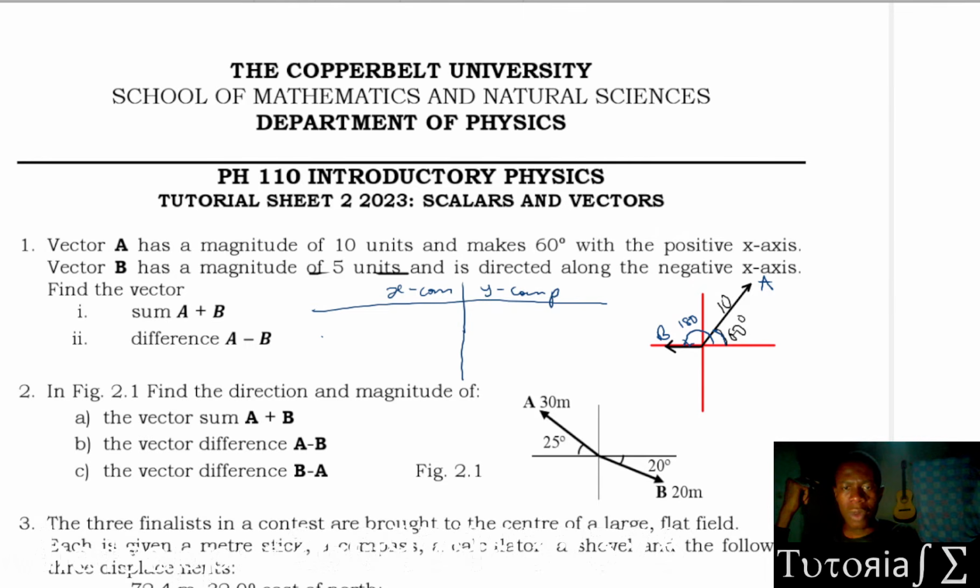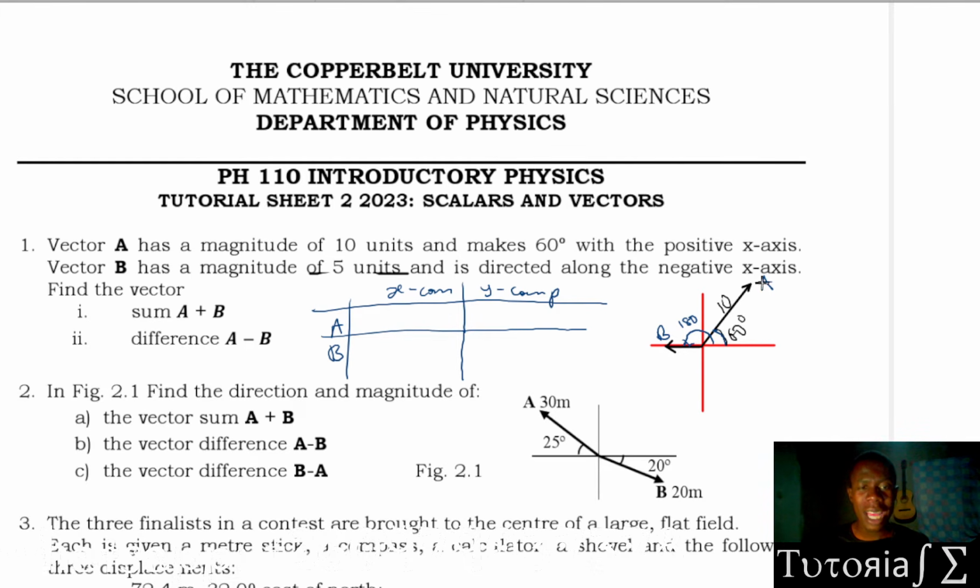And for each of these components, we have our A and our B there. All right. So for A and for B, we have our X component part and the Y component part. When we do this, it will help us to find the sum. All right. So for the X component of A, for us to find the X component of A, we look